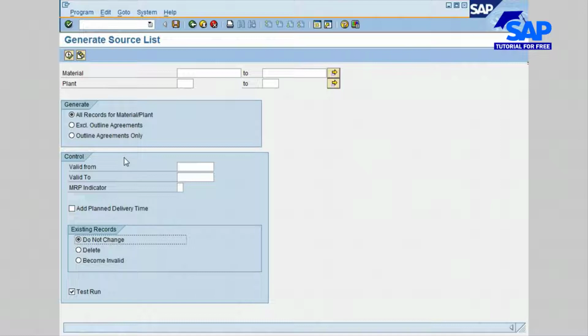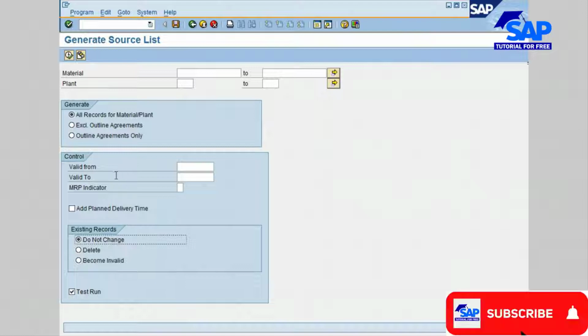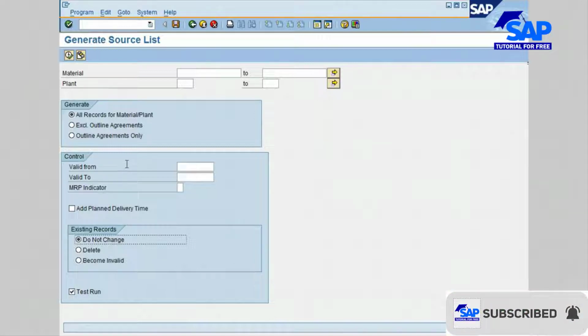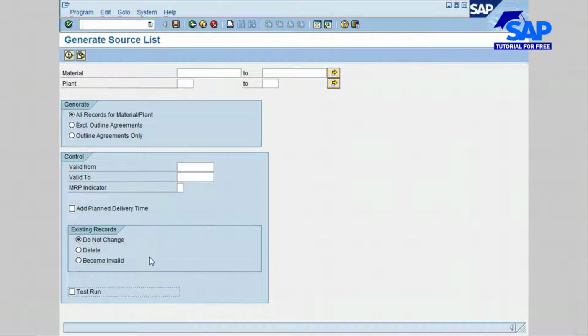the previous lesson, maintain source list. ME01 is for maintaining a source list, including the validity dates and MRP relevance. You also have an option to delete all existing source list records or allow them to remain. The last thing I would like to mention here